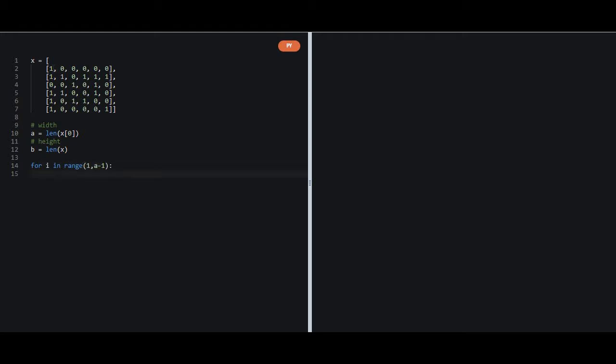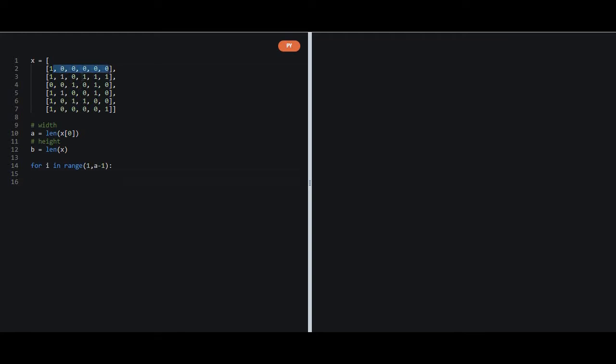So as I have already told that the corners are not very important, so we will handle them later. And now I am handling only from 1 to a minus 1, which means that only these four I am taking care of. And this is an unfortunate case that there is no one here. Suppose there is a one here, then we will find the connected ones to this one, and so on. So now in order to find those connected ones. Okay, so let me clear one more thing, that we are talking about the first row.